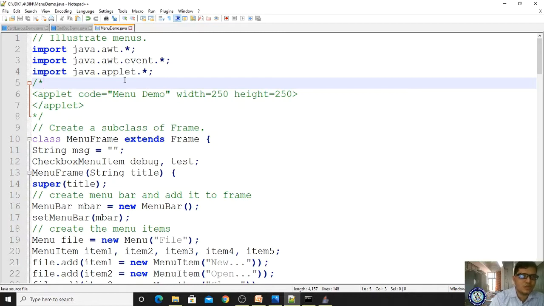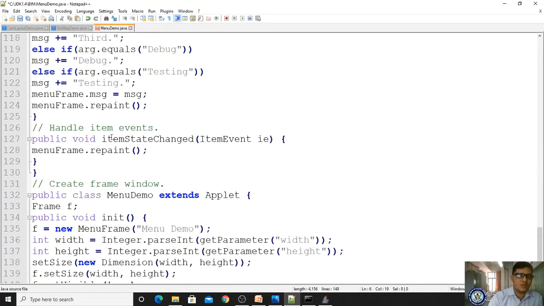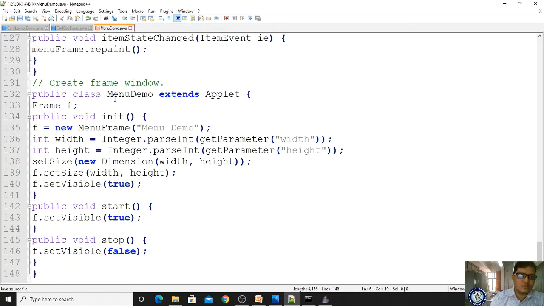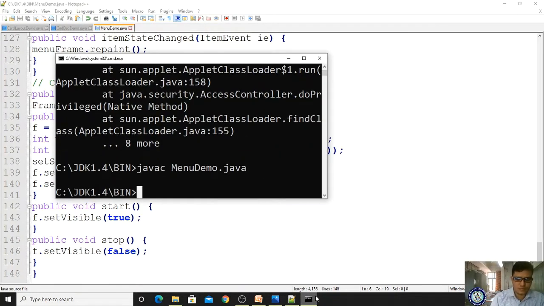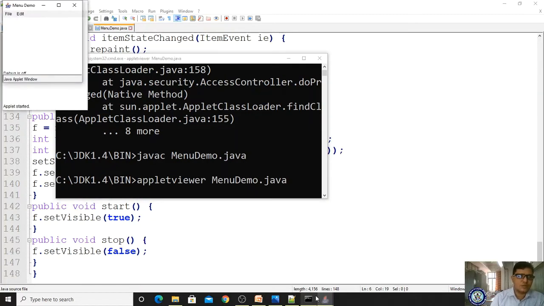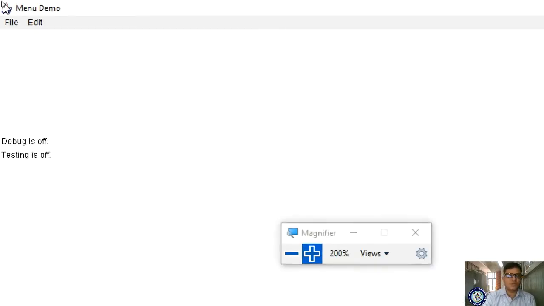Please observe here. If you observe here, there is a space in menu, but here there is no space, right? Is there any space? No. Save it, close it, and compile it once again. Now run it. Let me check. Got it? Yes. What is the mistake you have done? So while doing these applet programs, you must be very cautious, otherwise it will give a lot of errors.